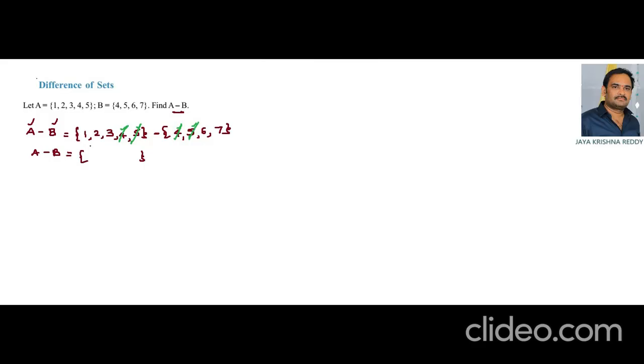from the two sets. Now write the remaining elements from set A, only from set A. So the remaining elements are 1, 2, 3, and no need to write the remaining elements from set B. Here we are taking only A minus B, means we have to write the elements from set A only, not for B. So after cancelling the common elements, write the remaining elements from set A. So this is A minus B,